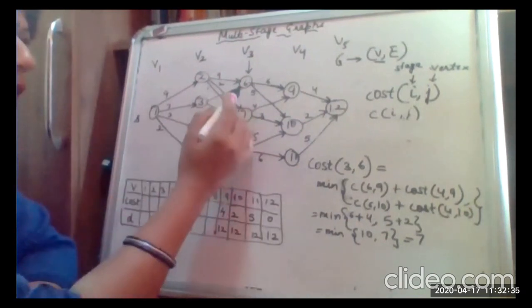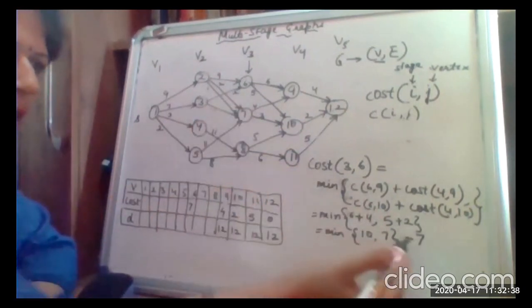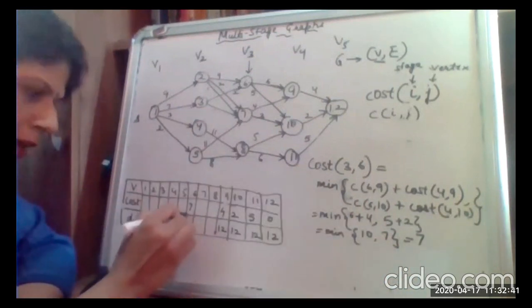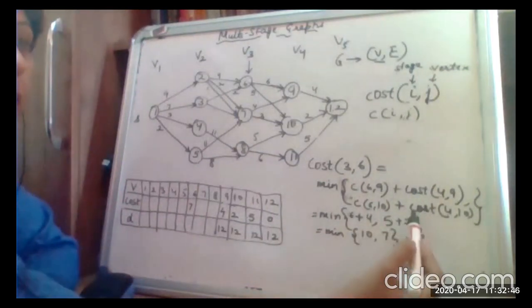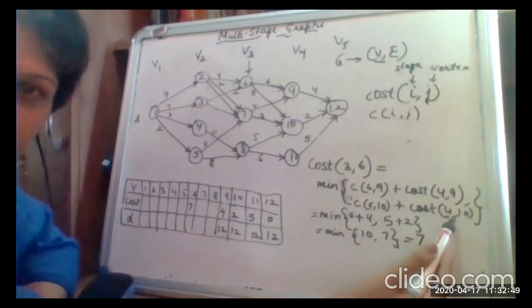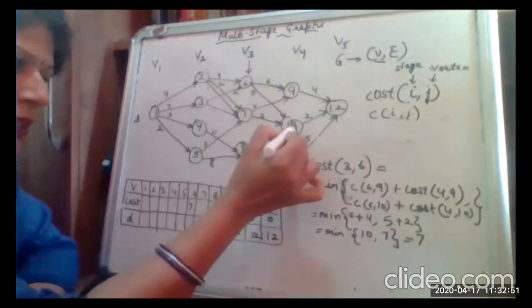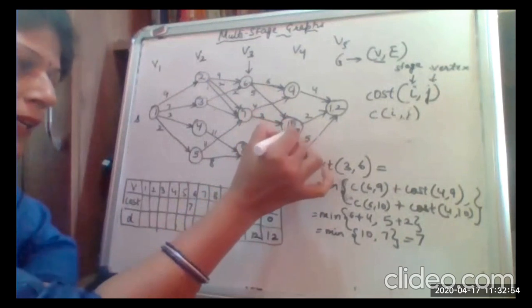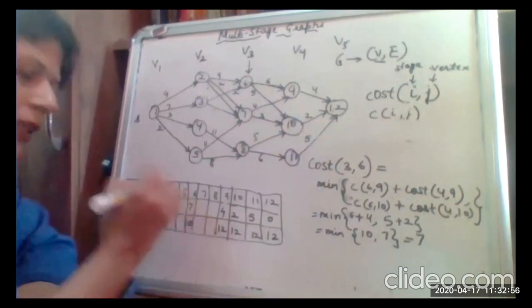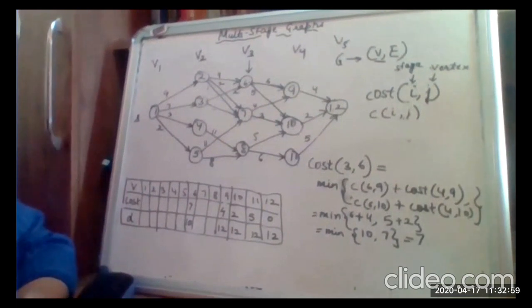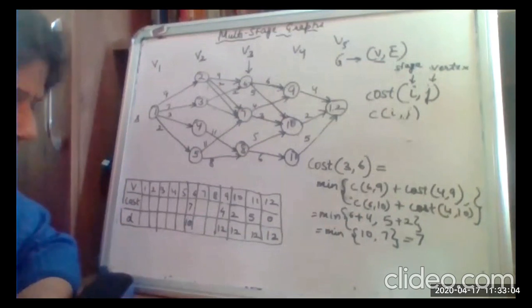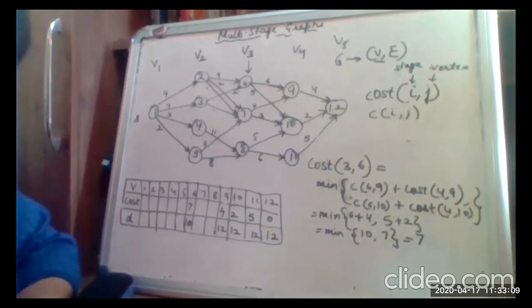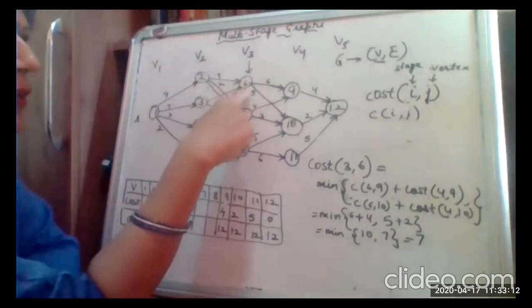Fine. So this value 7 that we have got is the minimum cost, so we have kept it here. And this 7 has come from these values, because we have taken the 10th vertex. Yes, at the 4th stage, we have selected the 10th vertex. So that's why we have got the minimum cost. So I hope why we are writing 10 here is clear. Okay, so this is the cost from 6 to 9.